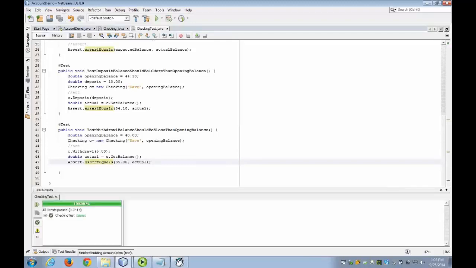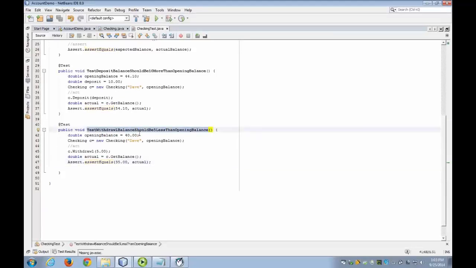And then when the lights are green, you're done, because everything works, right? But the idea is you should have at least one test method for each of your methods. When we start to learn about branching and there's more than one situation that can occur, then you might need to write different tests for different scenarios. Like one thing we didn't test is what happens if I try to deposit